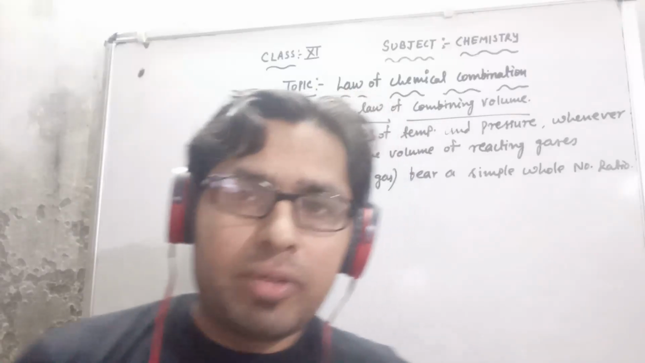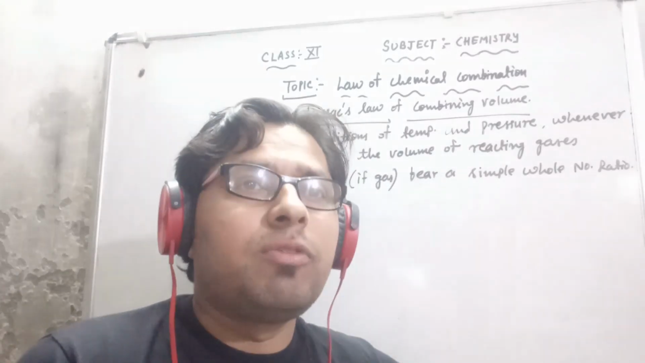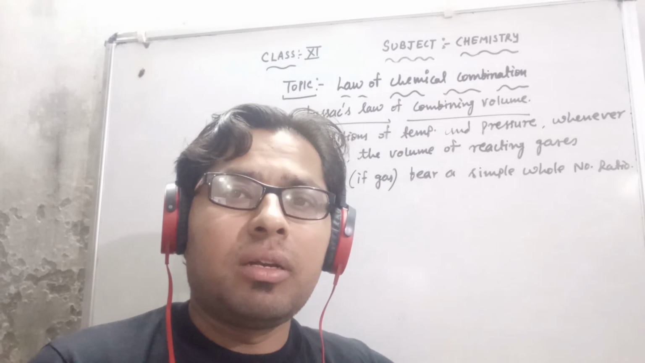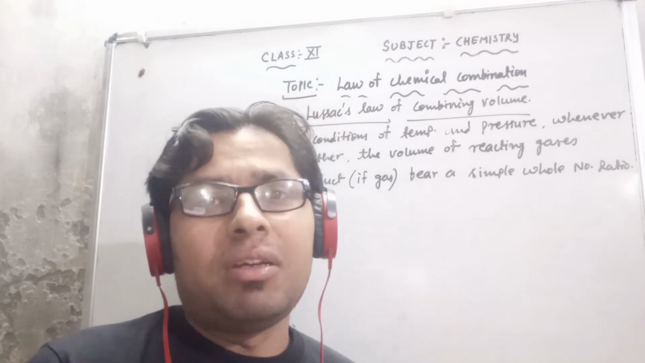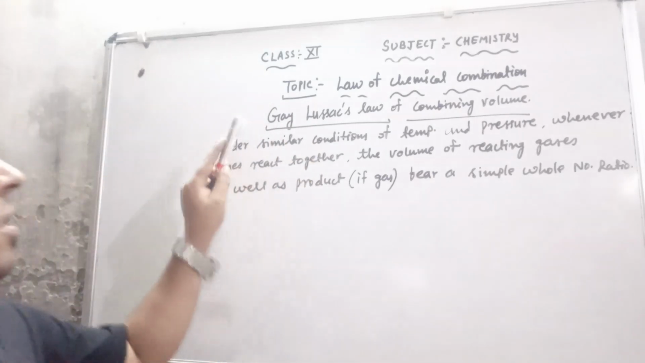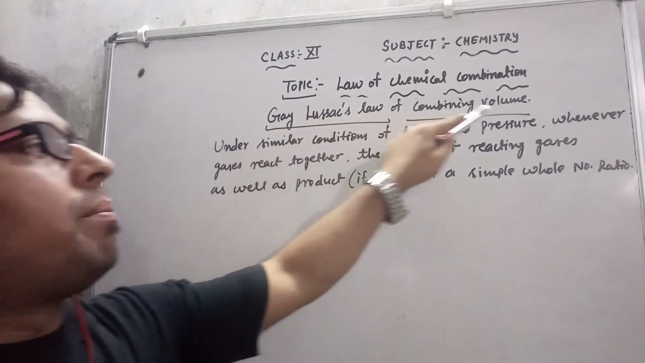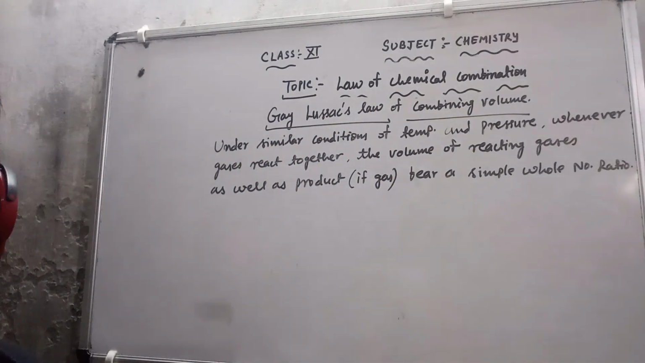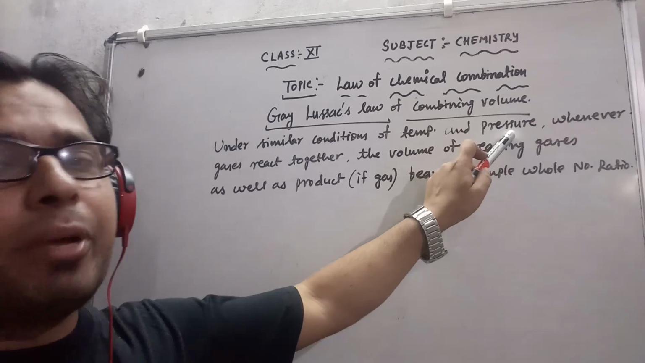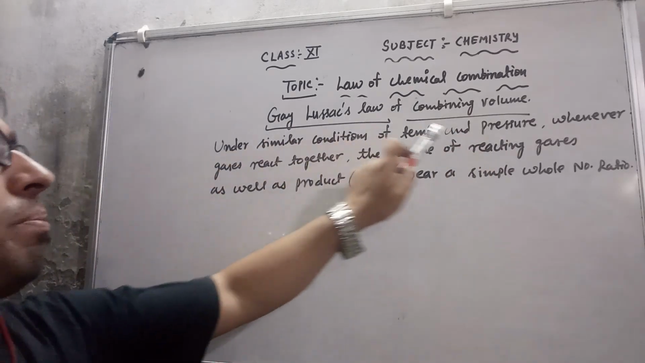Good morning students. In my previous video I discussed the 4 laws of chemical combination, and today in this video I will discuss the 5th law of chemical combination, that is Gay-Lussac's law of combining volume. According to Gay-Lussac's law of combining volume, under similar conditions of temperature and pressure, meaning when temperature and pressure are the same,